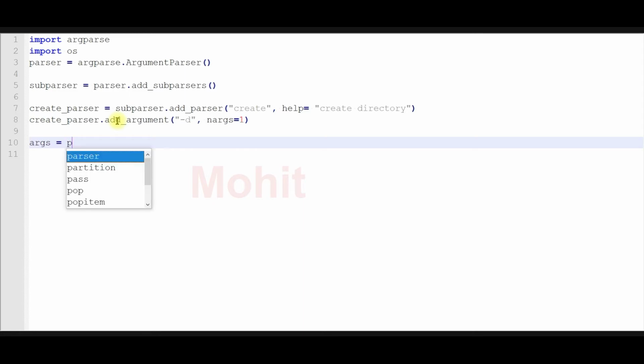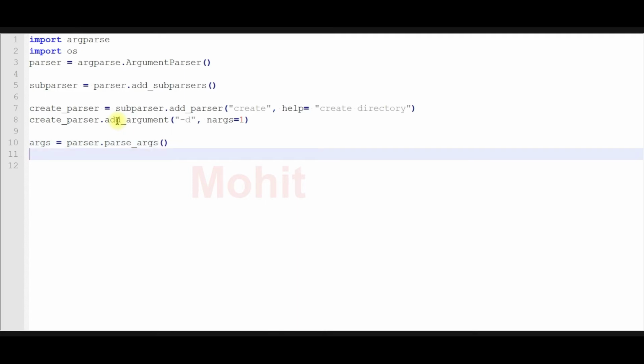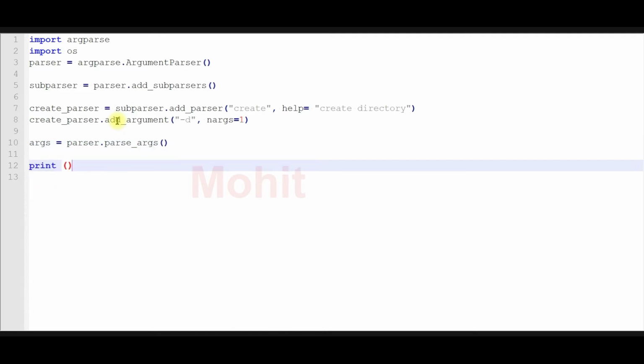args equals parser dot parse args. Let's run this one.